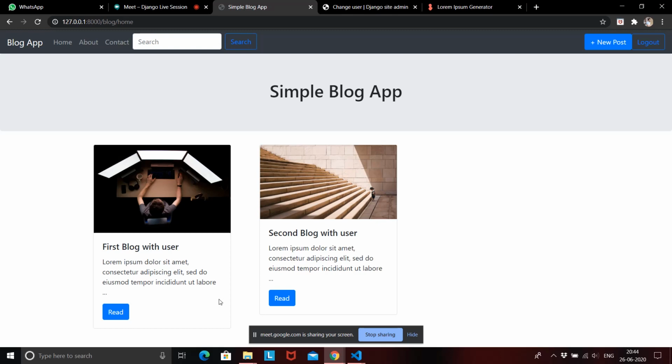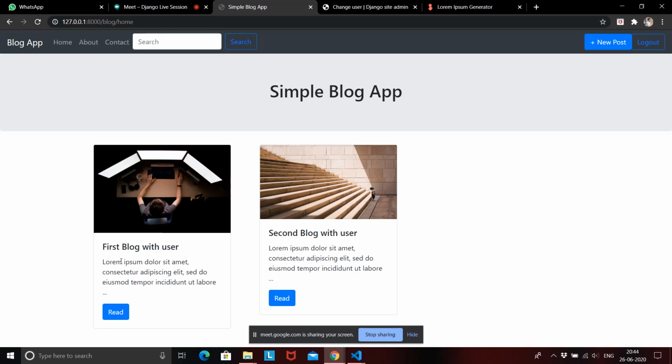So what we saw in today's lecture is that we created first of all a foreign key, that is we assigned each and every blog with a unique user. So currently every blog will be associated to a user, that is we don't have random blogs over here. Every blog is going to have a user, right?